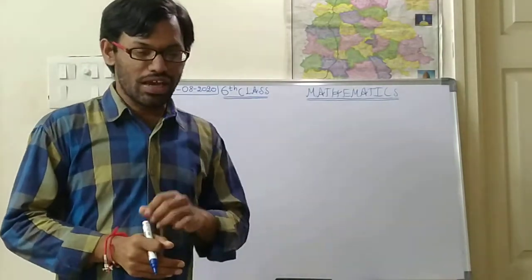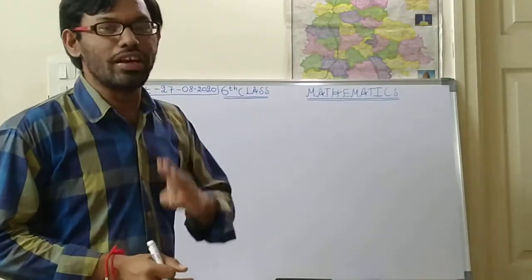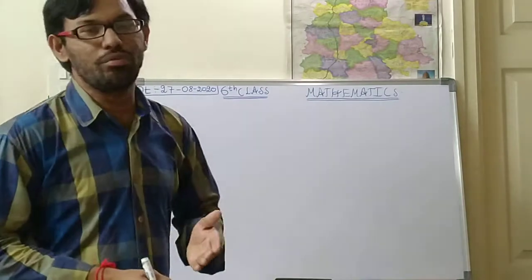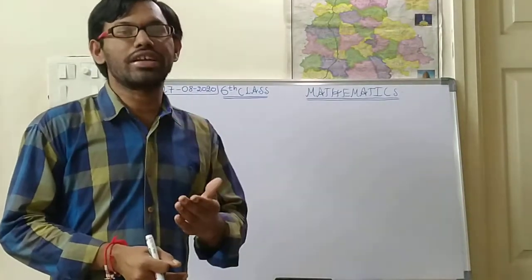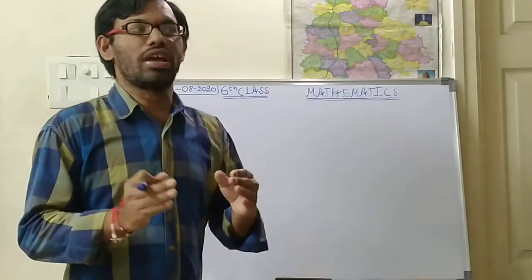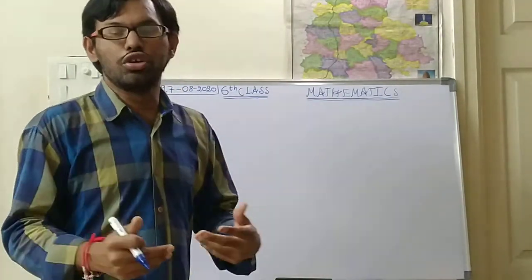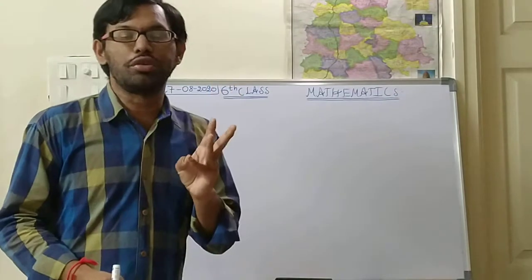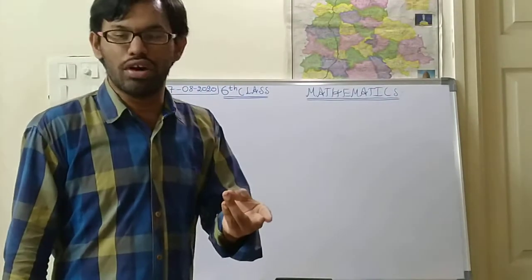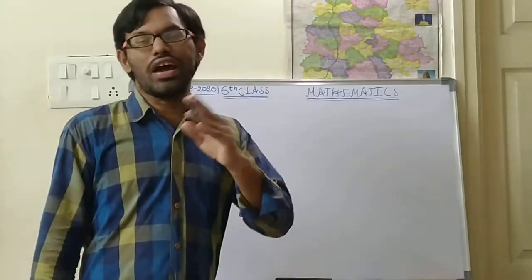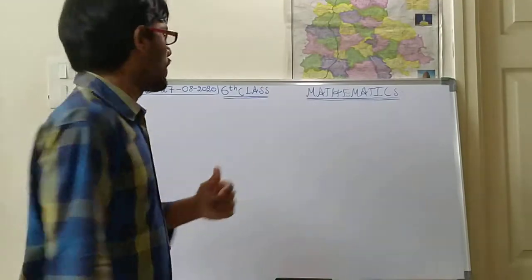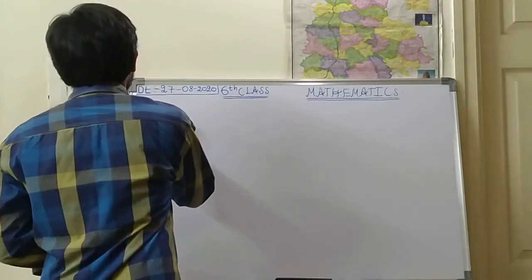So, in the previous class, we completed up to the third bit. In exercise 2.2, we completed three bits regarding the properties of whole numbers. Yesterday we discussed some new properties, like the distributive property and the identity property with 0 and 1, in addition and in multiplication. Today we shall go on with the fourth bit.